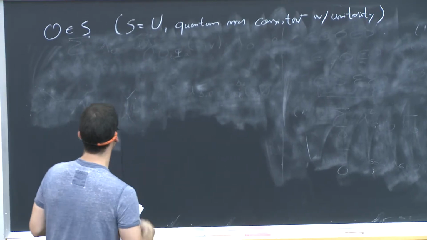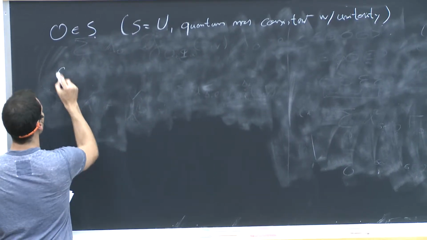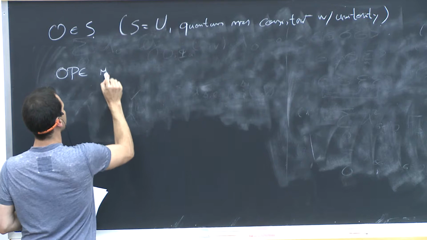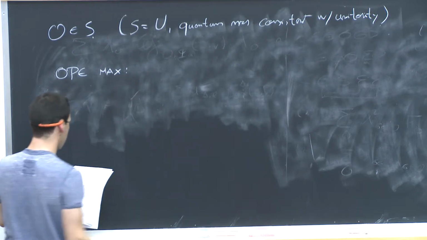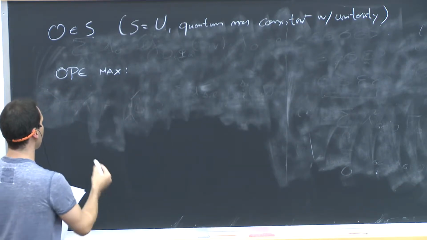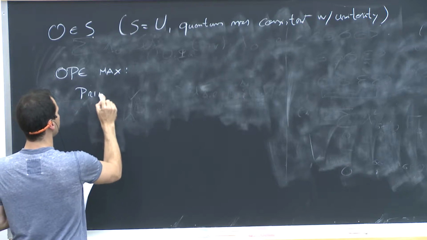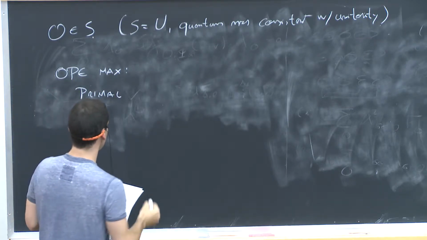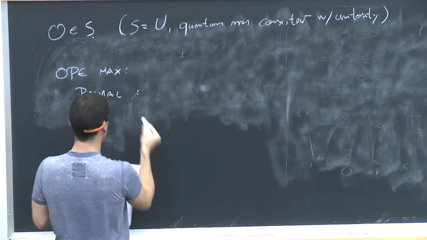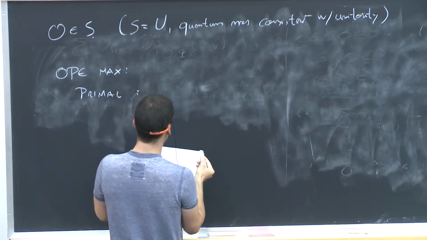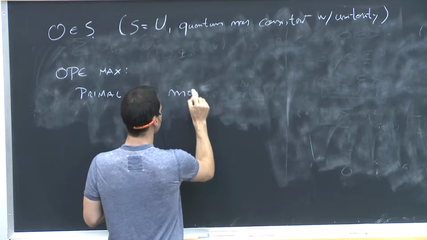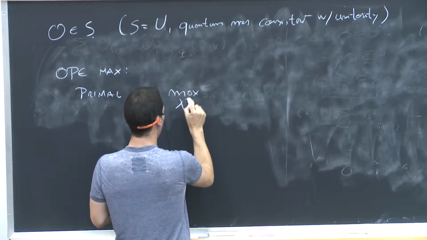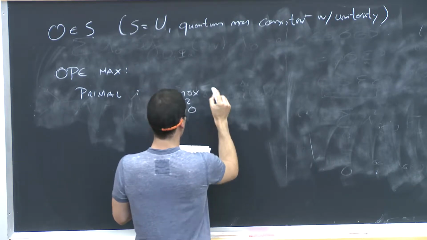So one thing that you can do is called OPE maximization. I'm going to give two pictures of the same problem called the primal and the dual. The primal, as the name says, I want to maximize for all lambda squares